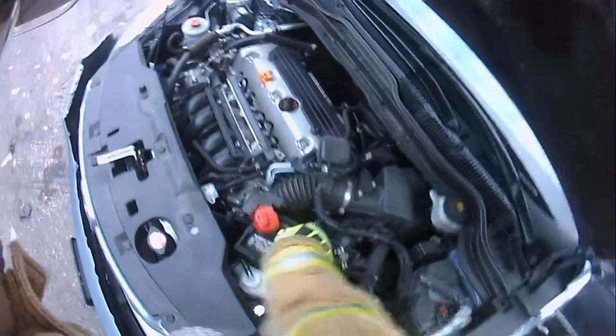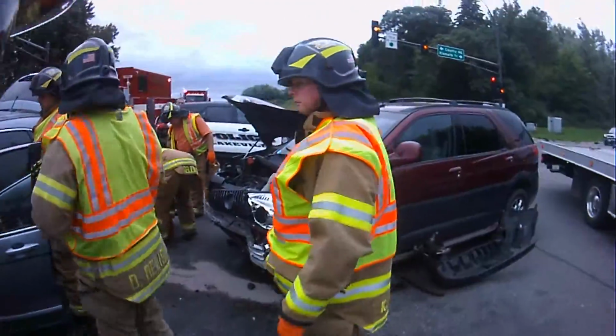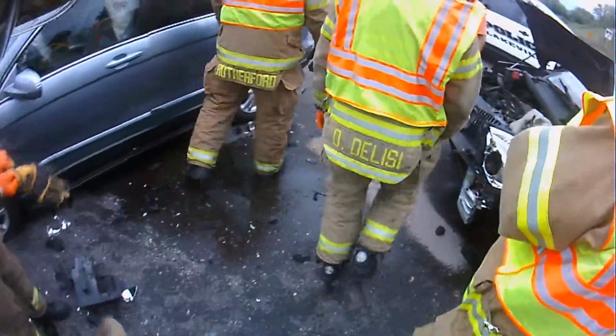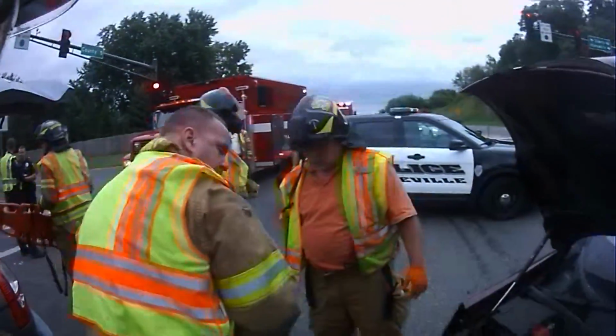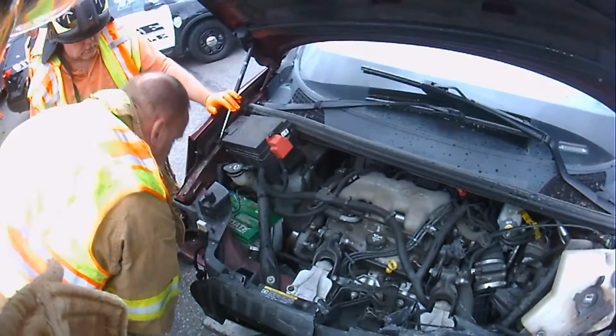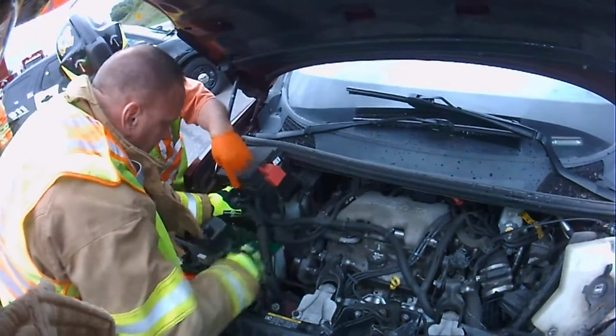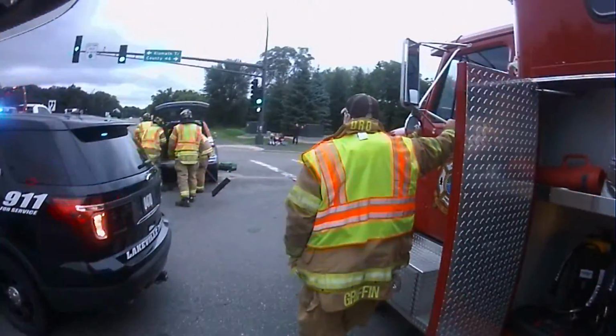Yeah, absolutely. And I think one of the big advantages that we have that's protecting us is our gear. We take it for granted because we use it all the time, but it's got a real specific purpose. So it's protecting us from things like broken glass, debris, whether it's metal or other pieces that are going to come off a car. Fluids are a big part, that all the stuff that's in the car when it gets